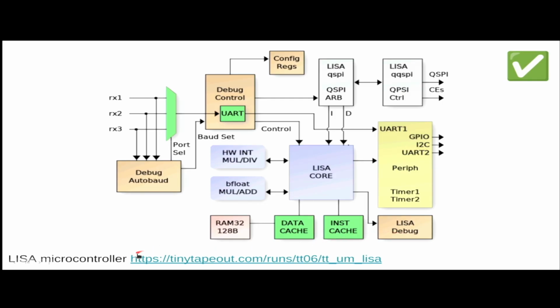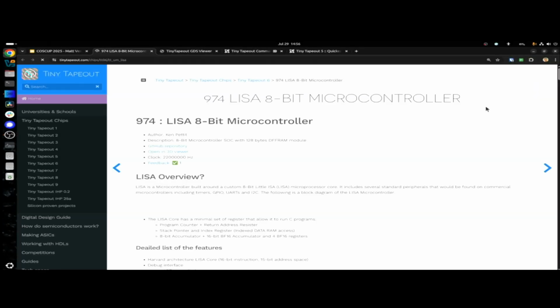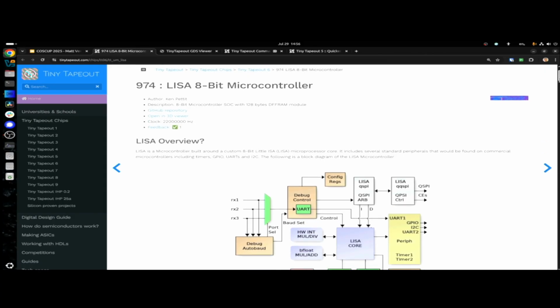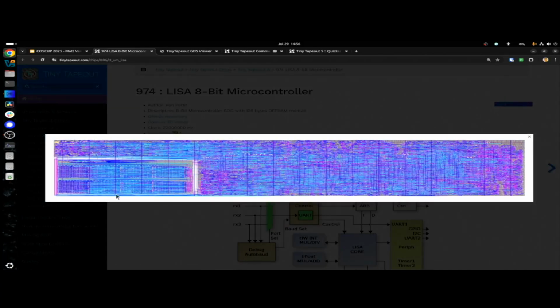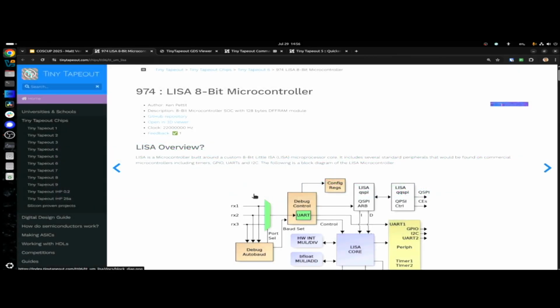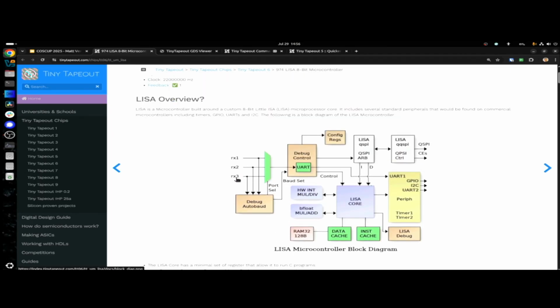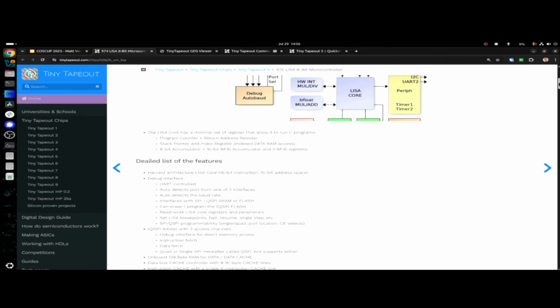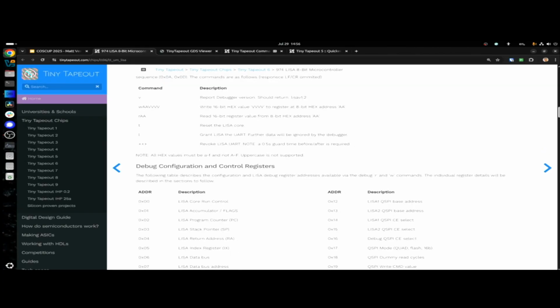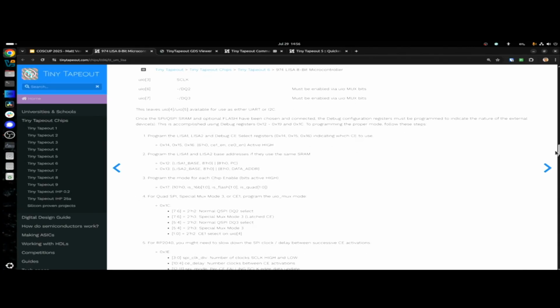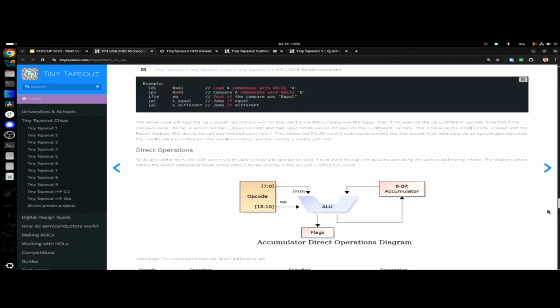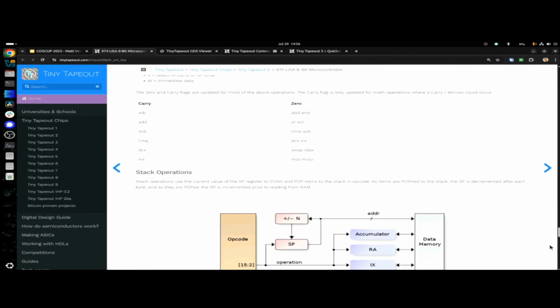A very nicely documented microcontroller called Lisa, and this is an example of quite a big project. You can see this big project here. It used DFF RAMs for extra memory, and it's very nicely documented with a ton of information about how the whole processor works. So it's a great example of